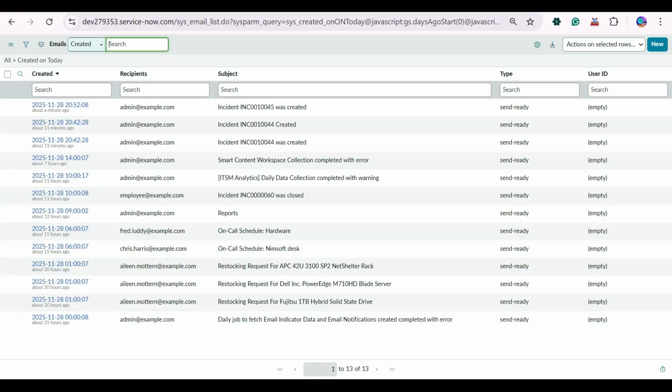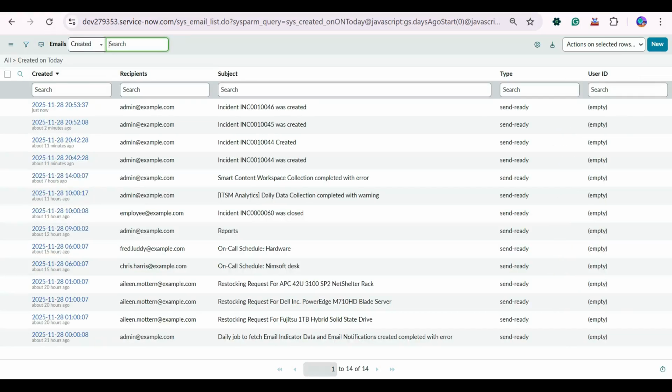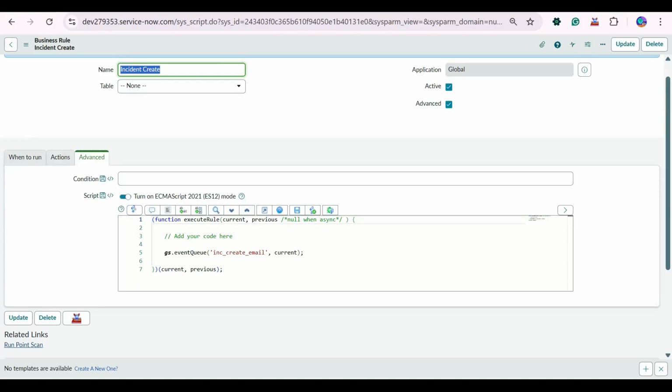Now let's see under email logs. It didn't trigger, so that means we have to define the parameters. So we will just use